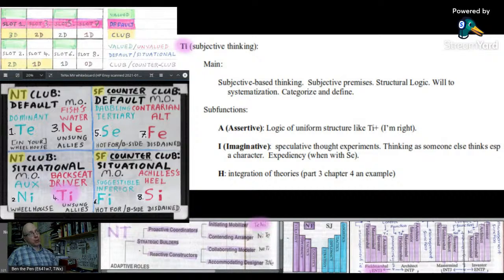Now, what you could argue, though, with ESTJ is that they are using a lot of TI. It's just that it's subjective, because what they're going off is all of the books that they've read and their temperament. And that all becomes subjective, in that it might be personal to that individual, and it's colored by the temperament.